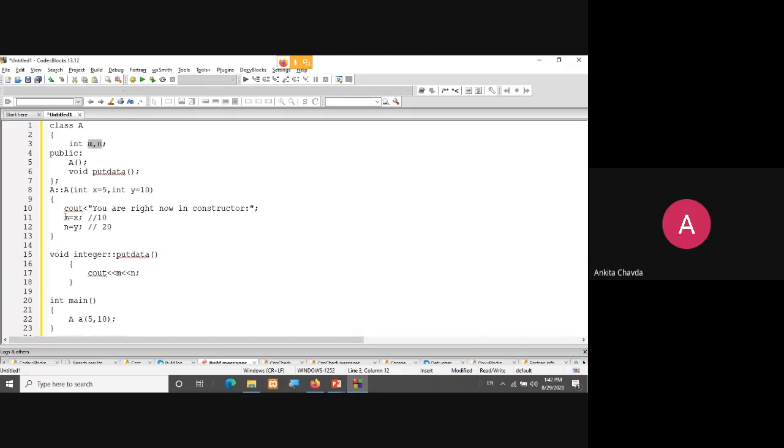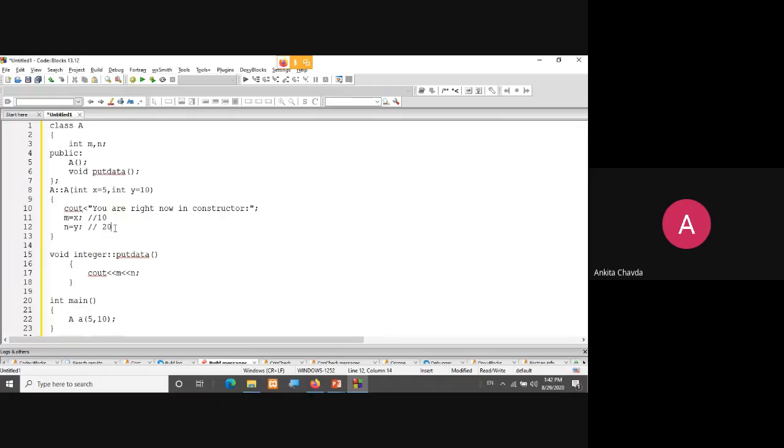Fine. So always in the constructor, a very simple tip I am giving you: you have to write your data members at the left hand side, and whatever the formal parameters are, write them at the right hand side. Many times in a paper I have seen such kind of things. Just look over here. x is equal to m, y is equal to m. Now, what is the meaning of this? I really don't get why people are writing like this.